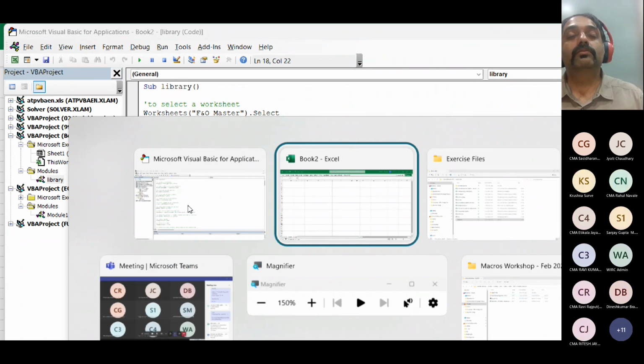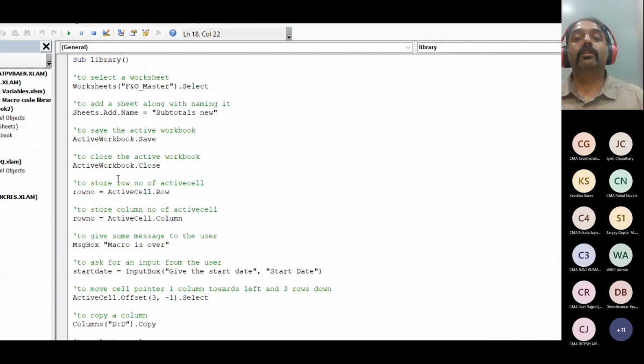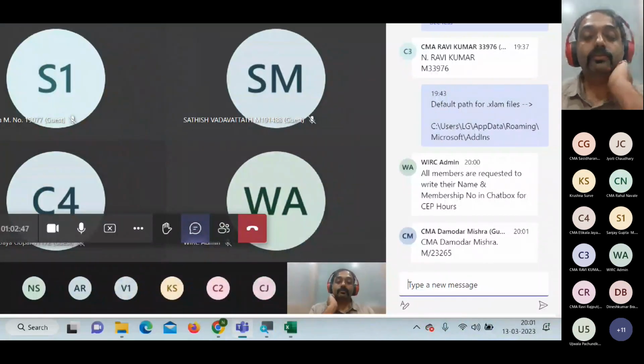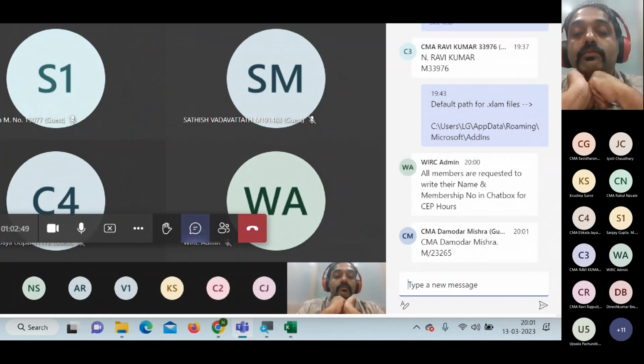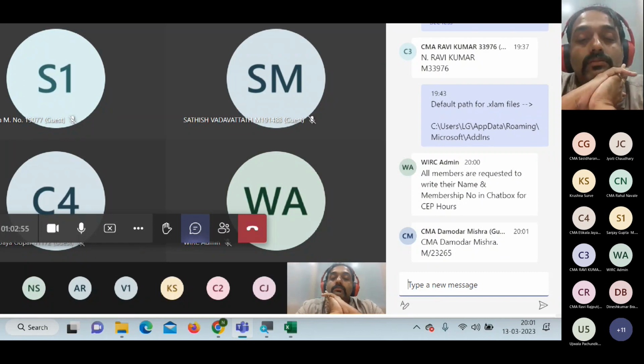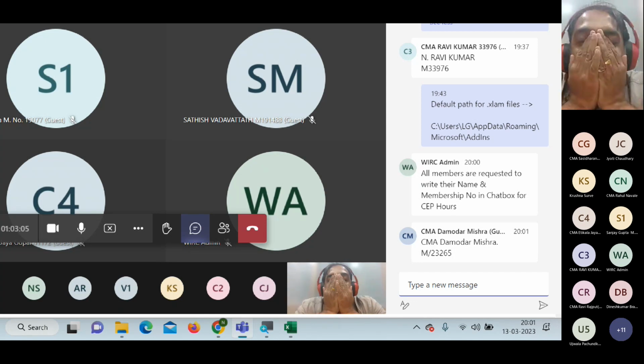Can I ask a question, please? Yes, yes, yes. Please go ahead. See, my question is like this. We created the function, user-defined function, and then we made it available to all the Excel files which we open in our system. Correct. So once we do that, then what will be the need for me to import that in a particular newly opened file? Why should